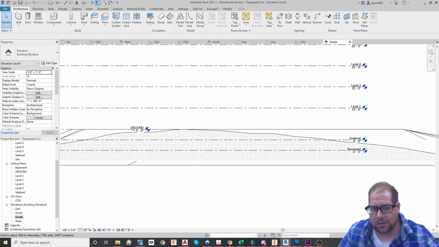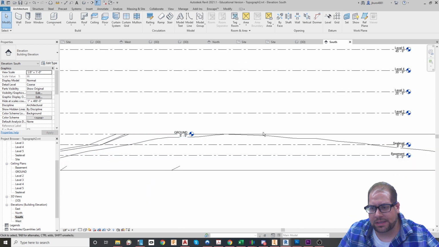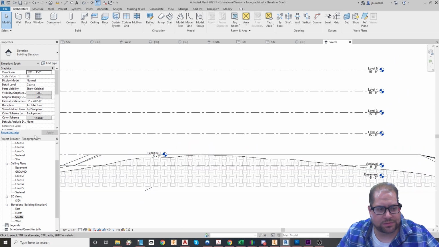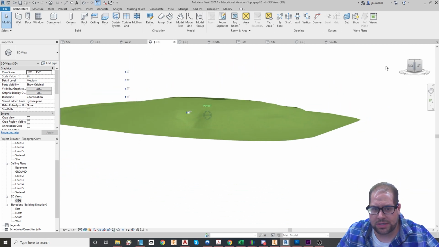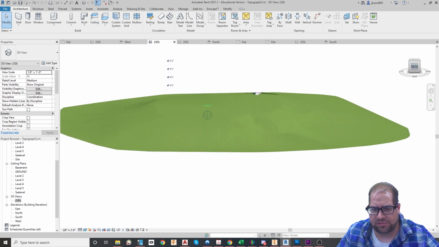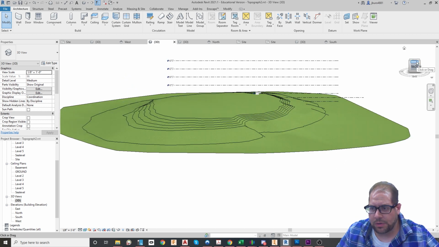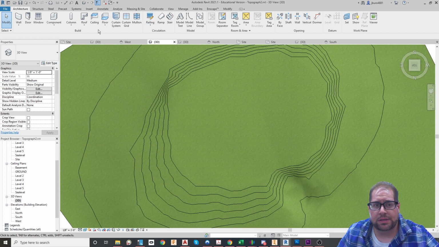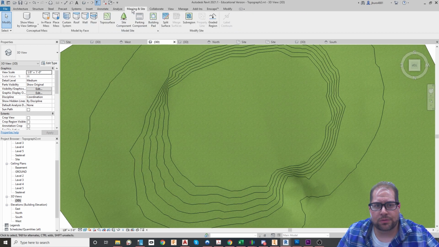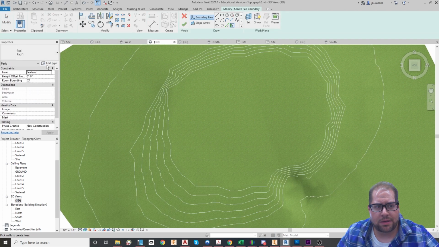So 10 feet below the ground level is the basement, and then it goes all the way up to level 5. So I'm going to go back to that 3D view. From the side perspective, you can see it's kind of like a very flat hill. I'm going to switch over to the top view, and I'm going to just simply lay down a building pad. So I'll go to massing and site, pick building pad, and I'll go to the ground level, and I will